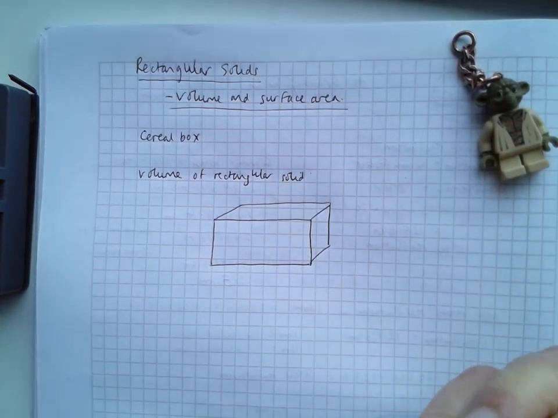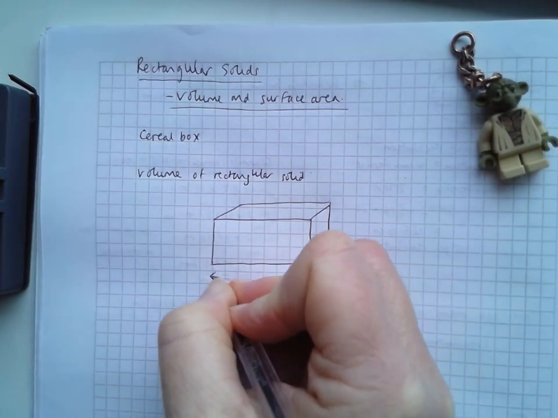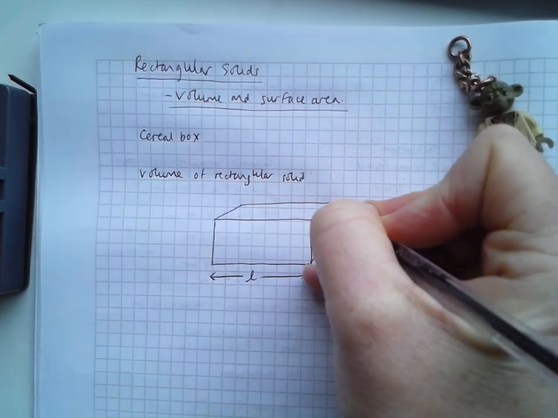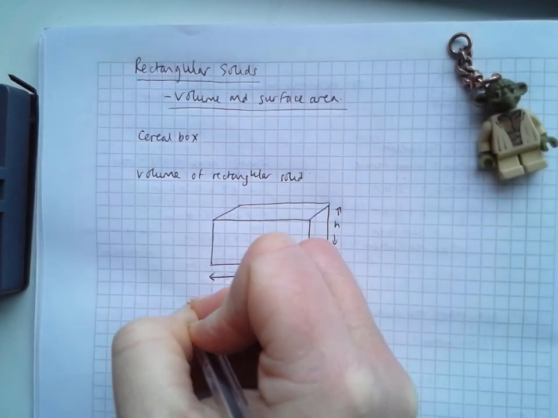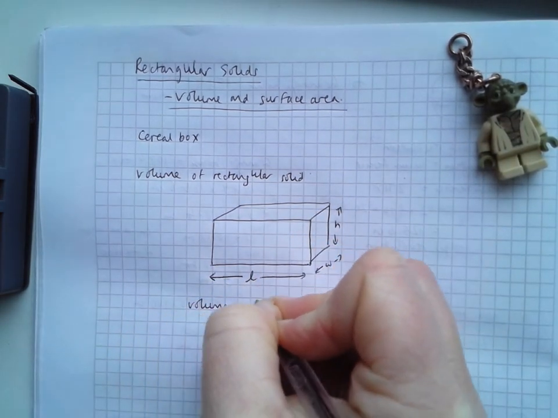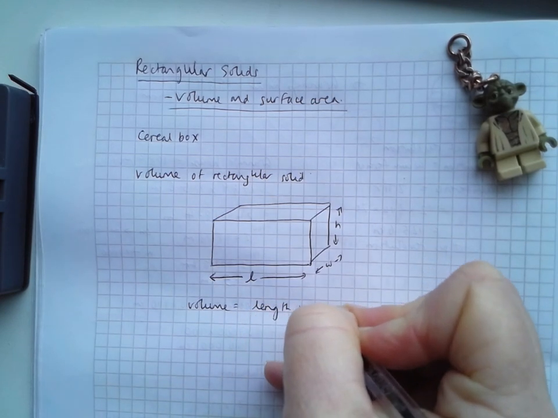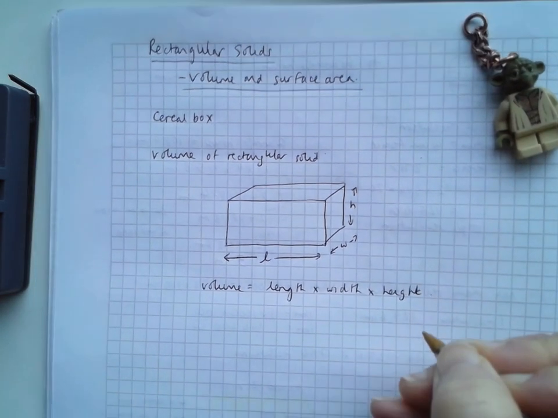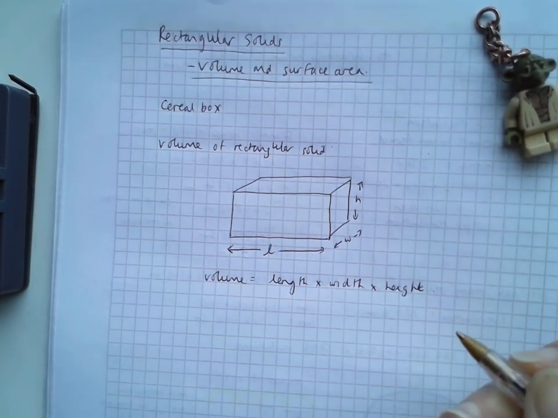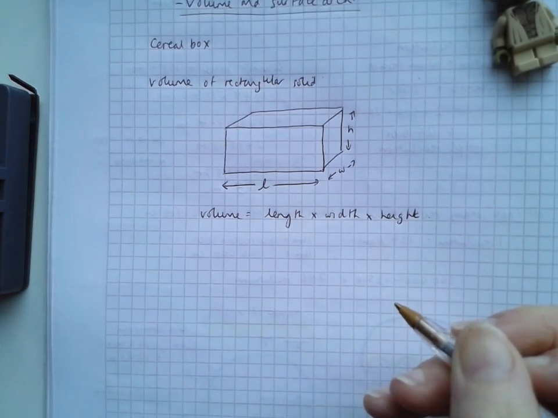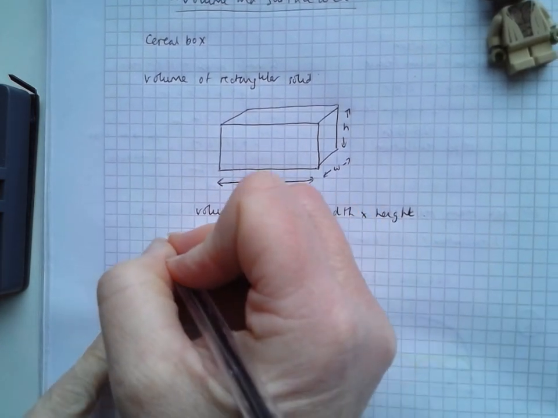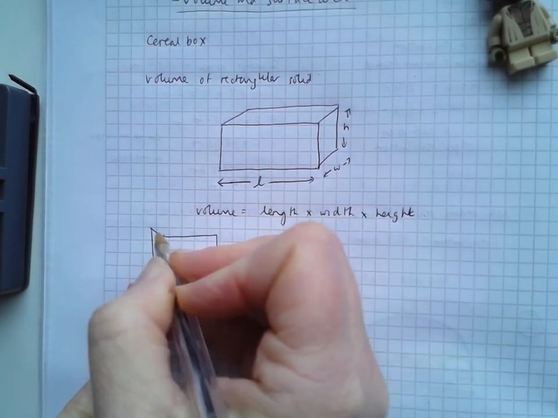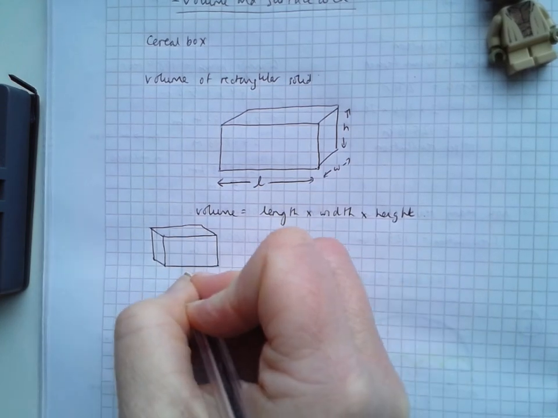The volume of a rectangular solid, as I hope you know at this stage, is going to be length by width by height. Okay, so volume equals length by width by height. It really shouldn't be a problem for you. Okay, so any three measurements on the rectangular solid, multiplying them together to get the volume. So for instance, if I had a rectangular solid here, which was like so, say this was 20, this was 6,